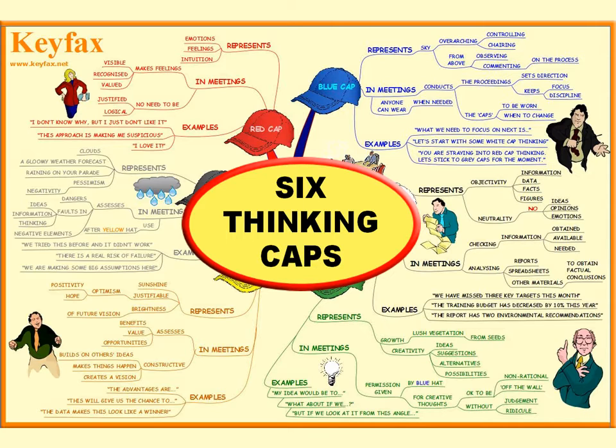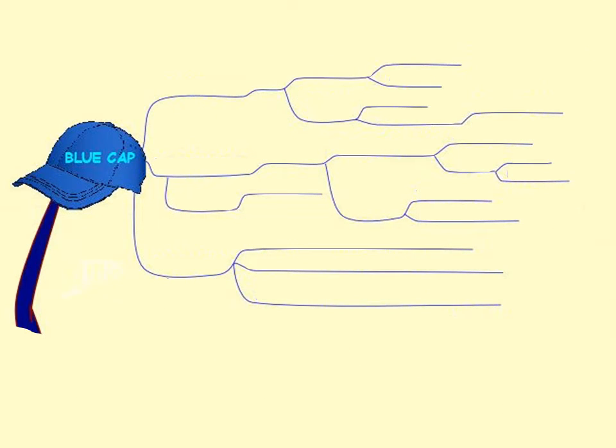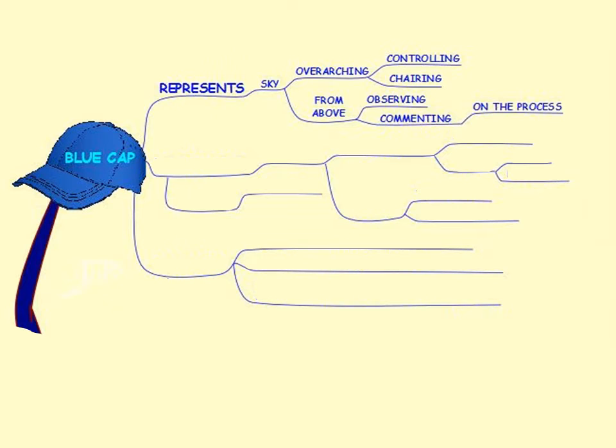So let's go and look at initially the blue cap. So the blue cap represents the sky. It's overarching and it's therefore controlling and often associated with chairing a particular meeting. And because it's looking from above, it's about observing and commenting on the process that's being undertaken at that meeting. So in meetings,